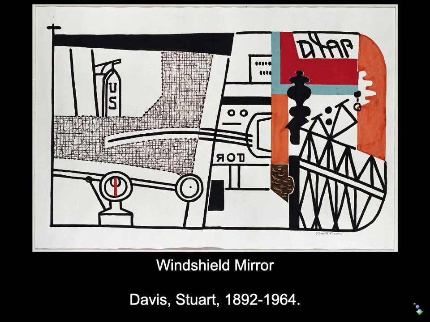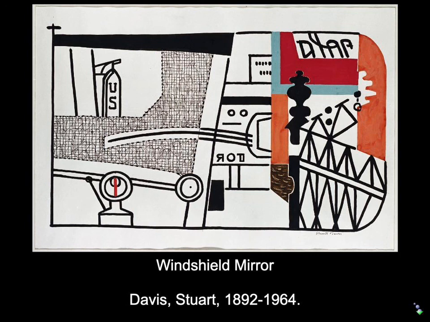I mean, we tend to say we're driving through town in a car. You're looking out the front windshield. You're looking out the side windows. You're looking in the rearview mirror. Right there are three different angles of perception. One of them you're seeing ahead of you. In the mirror, you're seeing what's behind you. In the side windows, you're seeing what's to each side of you. You're actually, in your brain, averaging four different viewing points of your place in time and space as you drive through the city. Davis said, that's interesting. How do I get that into a canvas? And he begins to do so here in Windshield Mirror.